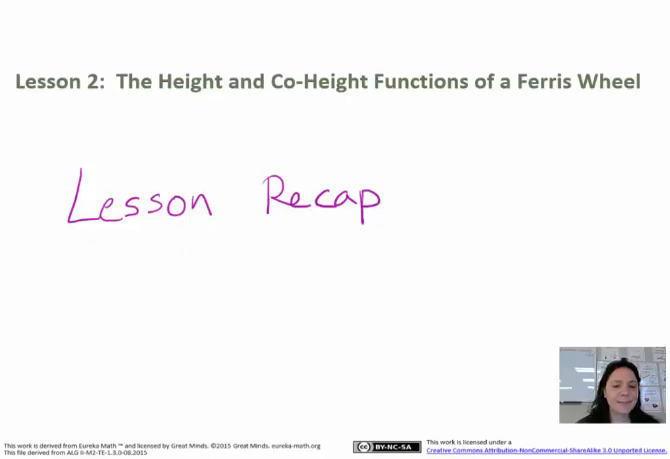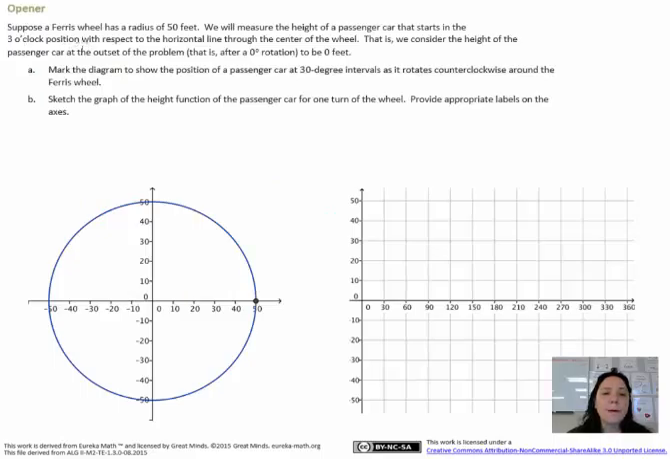Right, let's begin with lesson 2. We're going to recap the development of the co-height function to go along with the height function that we developed in the last lesson. We opened by revisiting our Ferris wheel here, looking at one that has a radius of